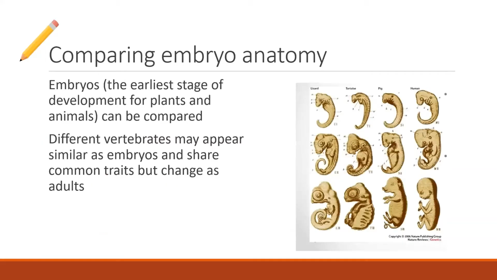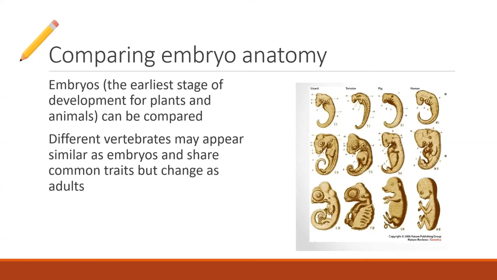The last bit here is embryology. Now, embryology is probably the creepiest one out of all of these ways, but still it is one that we should talk about. Embryos, the earliest stage of development for plants and animals, can be compared. The reason embryos are really good to compare is because